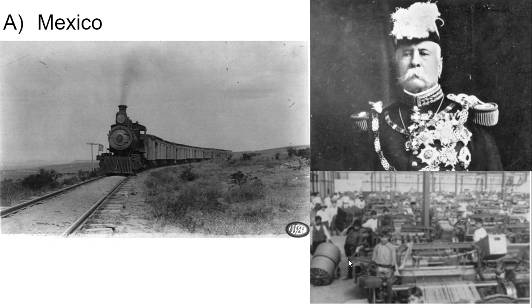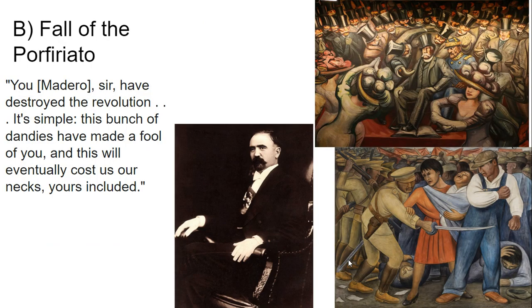There was some economic growth for Mexican elites, but many of the profits from these ventures, from the mining and the railroads, went to American businessmen as opposed to Mexicans. And so this led to increasing tension in Mexico until eventually Porfirio Diaz was overthrown. In the extremely corrupt Mexican presidential election of 1910, Porfirio Diaz declared himself the victor again, and this led to an